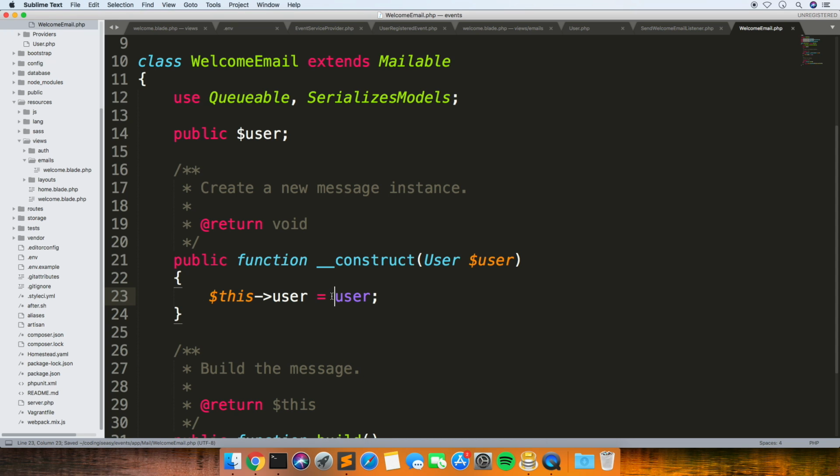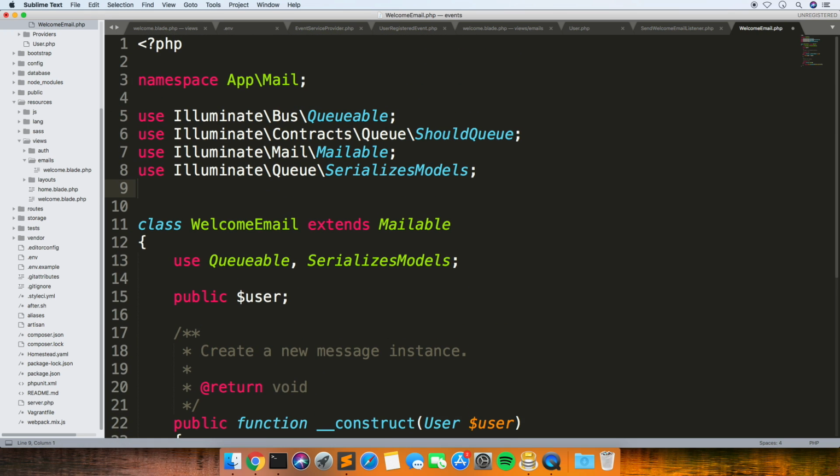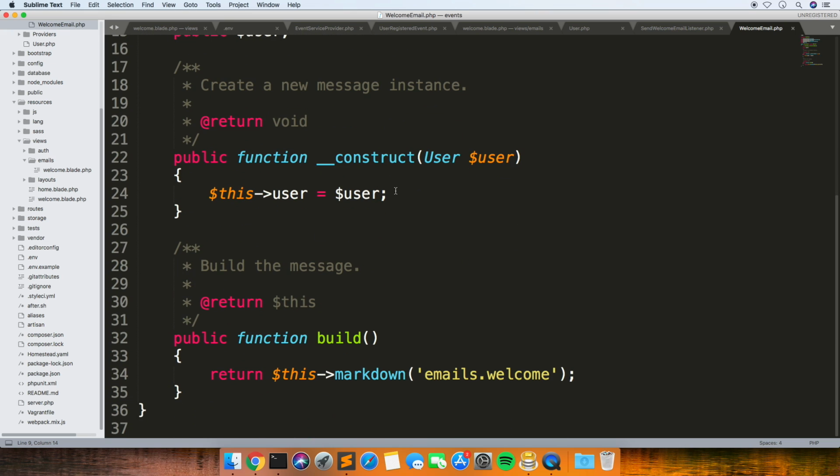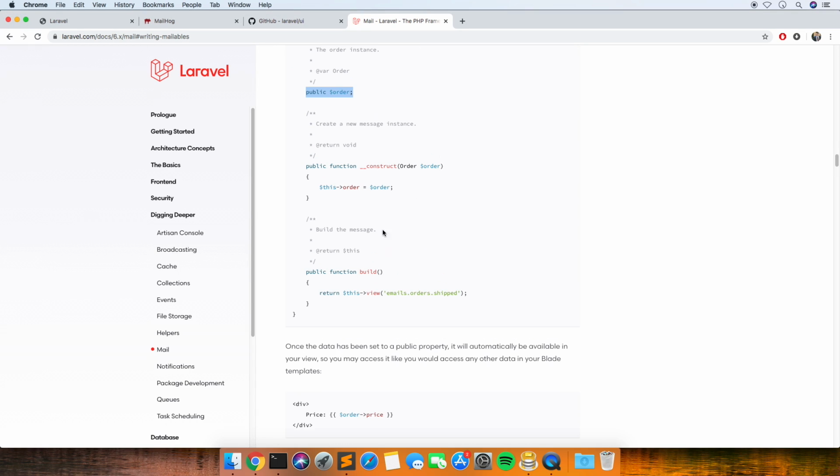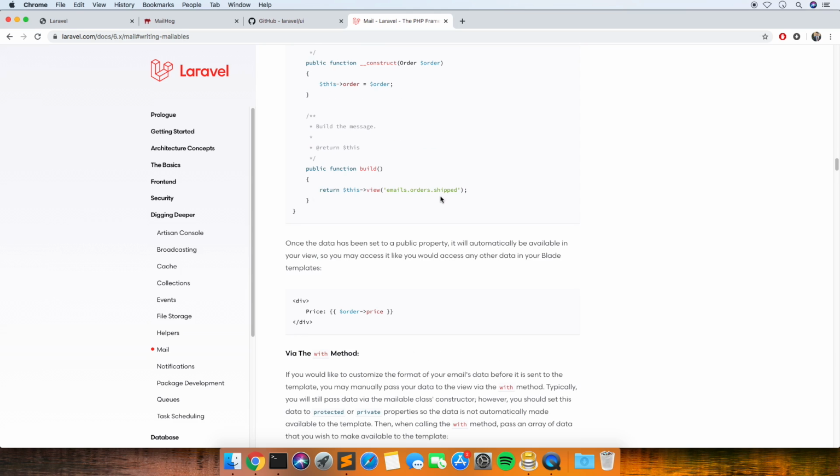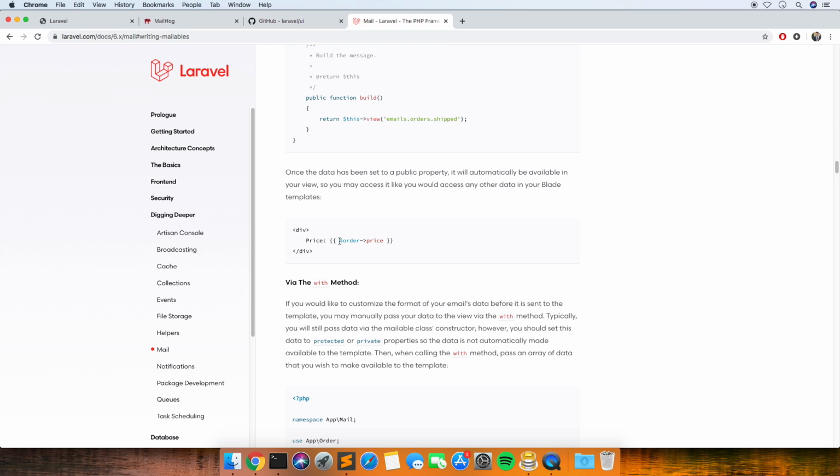And oops. And then this time I'll remember to put in the use. So every time you use that model, you need to put this in. I'm sure most of you know that, but just for people that don't know. And then I think there's something else that we need to do. Oh no, just doing that will send it to the view. And then in your view, you can just access it.